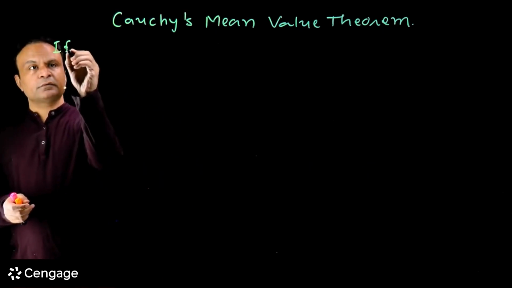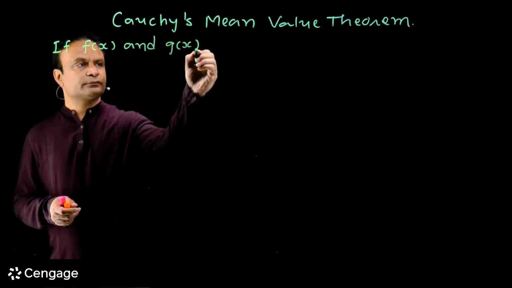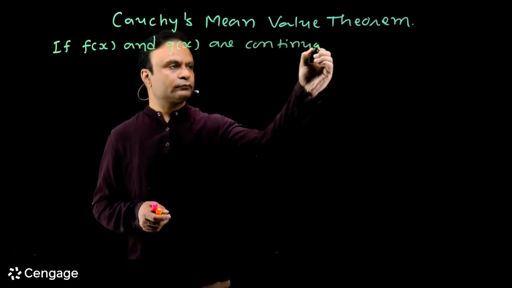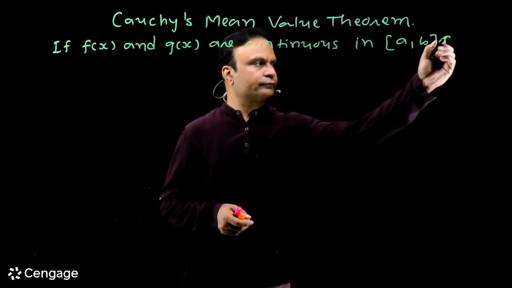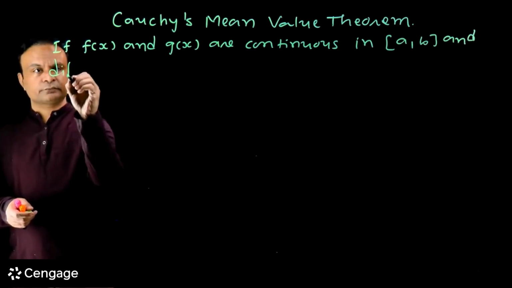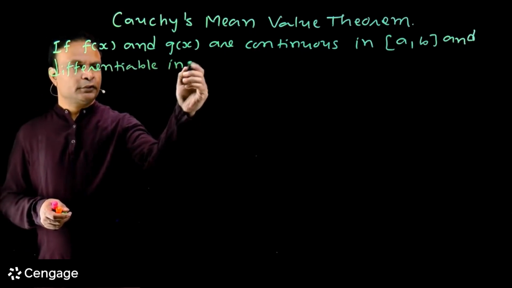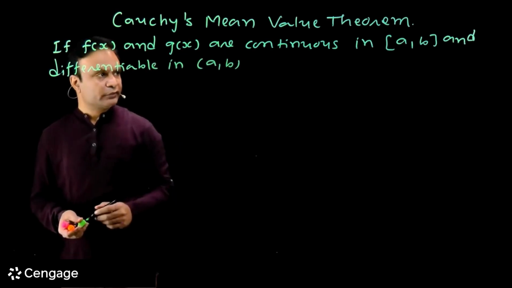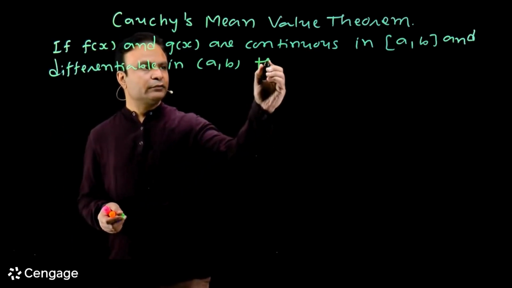If f(x) and g(x) are continuous in closed interval a to b and differentiable in open interval a to b. Both these functions are continuous in closed interval a to b and differentiable in open interval a to b, then